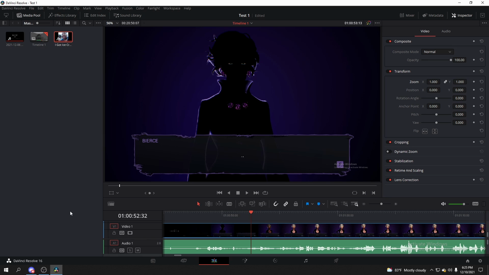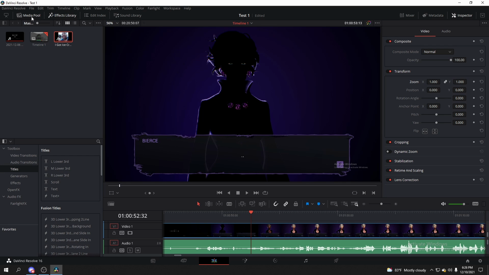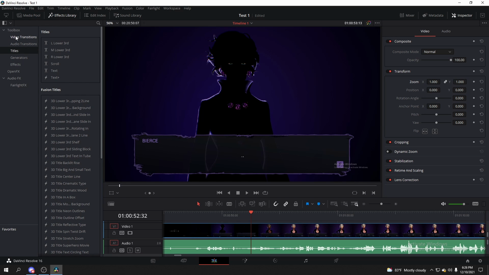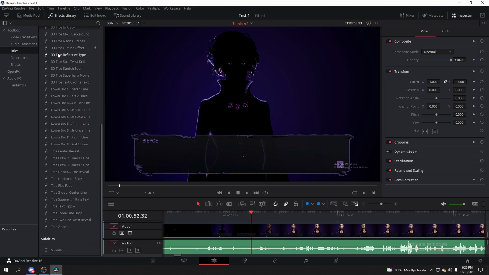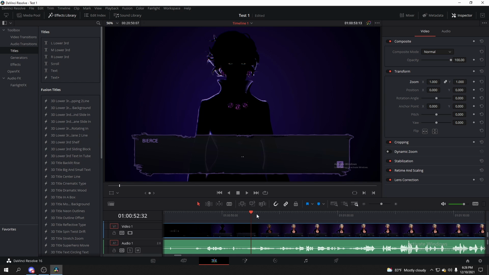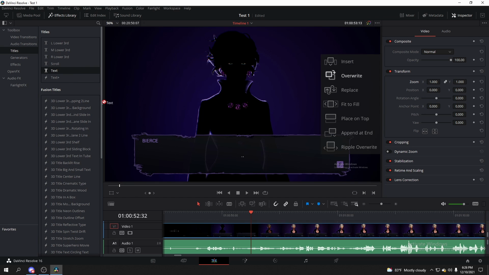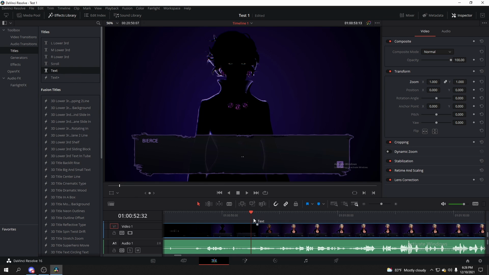Next is adding texts, like any kind of text you would like. So I'll be teaching you how to do that now. So the first thing you're going to want to do is go up to the top next to media pool. It'll show effects library. Just click on that, and you don't need the media pool out right now. And it'll show you all these options. Just go to titles, and you can choose any other title here, but for now I'm just gonna choose the regular text. So just hold it and drag it on top,